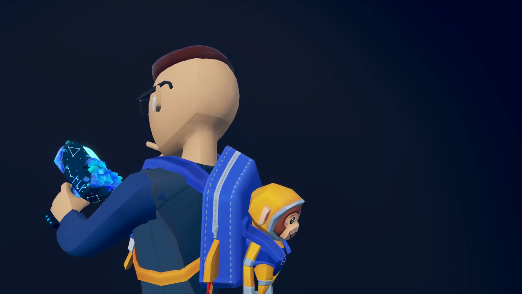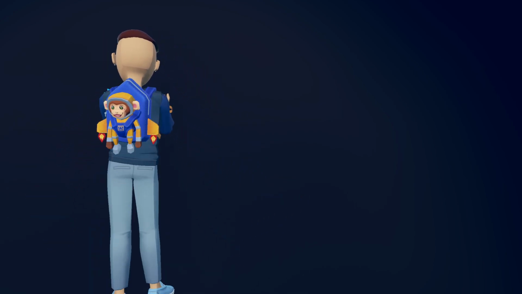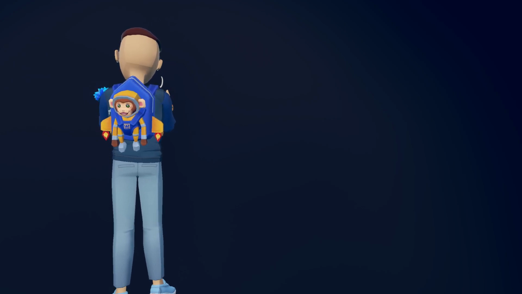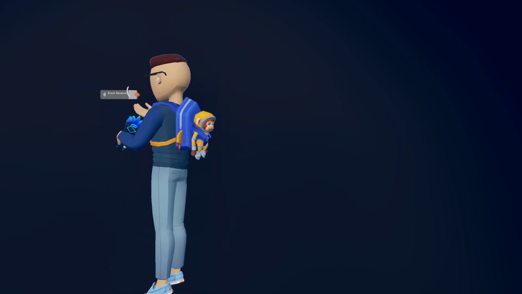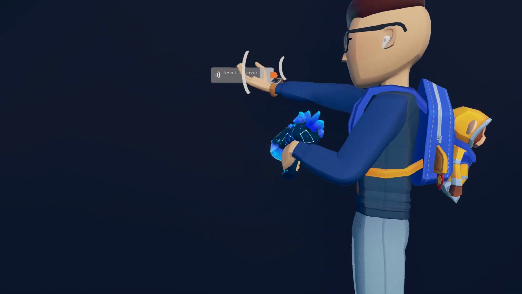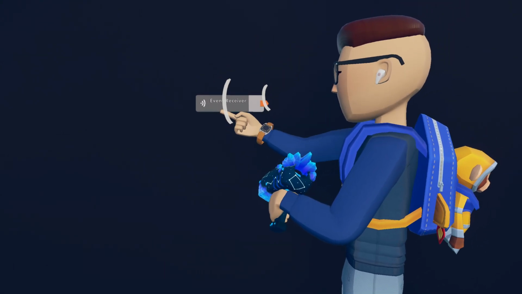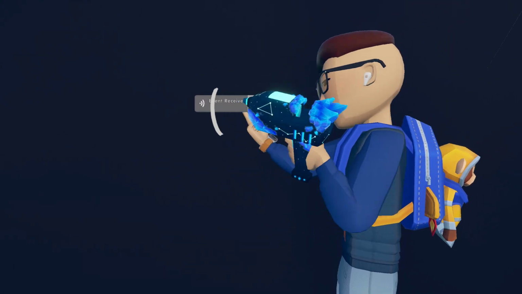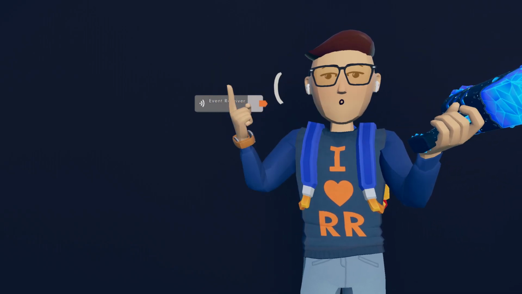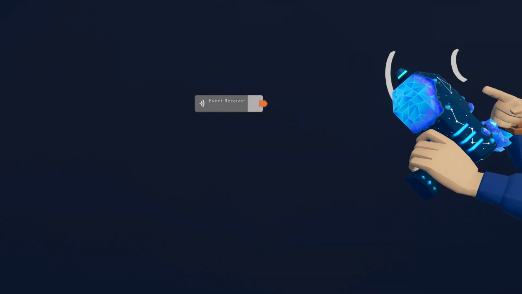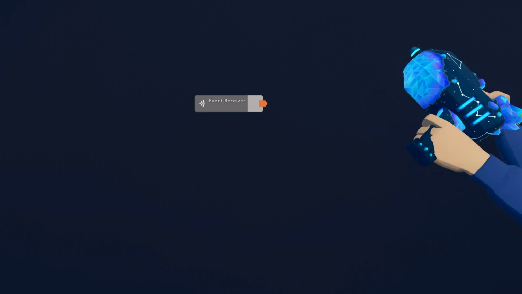This is just like the starting chip that will run anytime you need an event. It comes from the event receiver, and when I spawn it down, you'll see that it just says event receiver. There's no text underneath it, and there's an exec port. This will never run because it's not currently configured to anything. So I'm going to configure it.